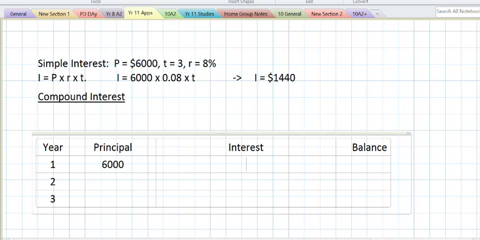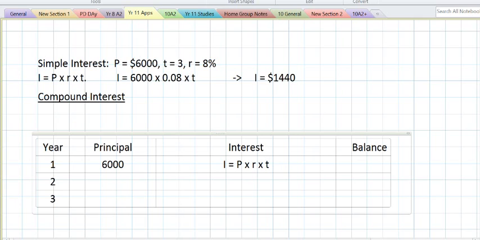Now, for just 1 year, that $6,000 sits on its own in the bank. And at the end of that year, the bank is going to pay us interest. So now we can use our simple interest equation to see what happens during that year. So during that year, our interest is equal to principal times rate times time,